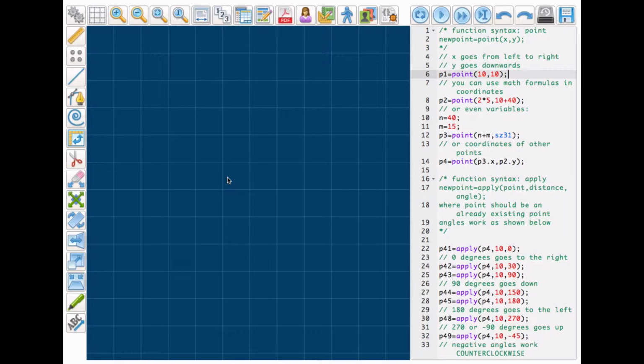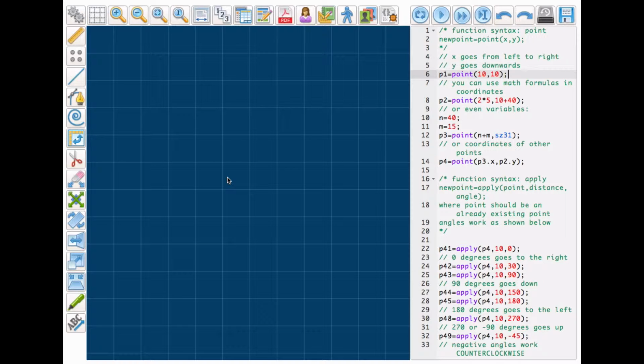Drafting a pattern requires you to mark points and connect them with lines, arcs or curves. With Sewist, you use a simple coding language to draft sewing patterns. And yes, some math, but don't you use math when drafting a pattern on paper? Let us start with points. Today we shall look at two functions that create points.